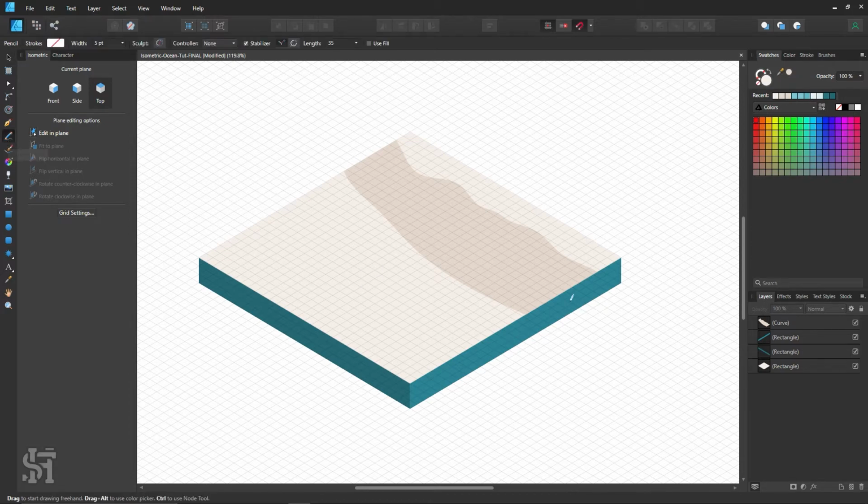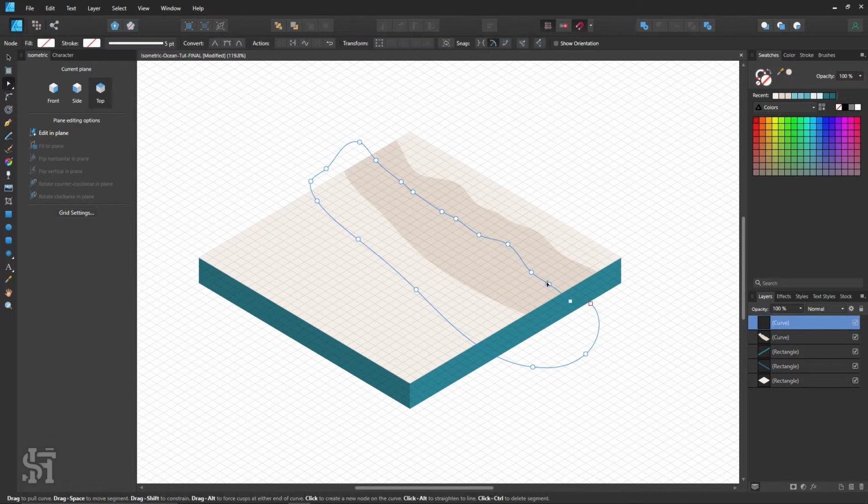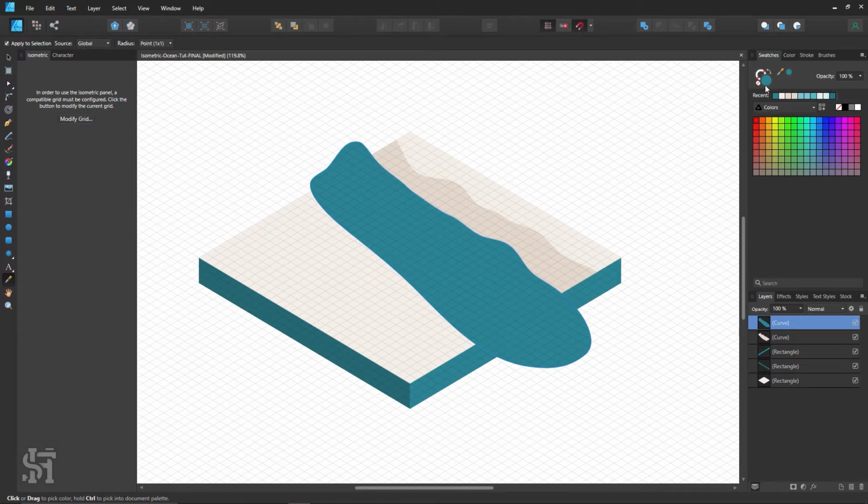and then I can do the same with the next layer. So now I'm going to start with the ocean, and again, I didn't select stroke, so that sucks. So it's not going to be perfect, but I've done this a few times now, so I can kind of eyeball where it's going to be. Let's go with, what's this color? I'll do that, but